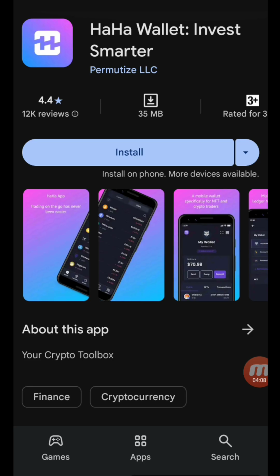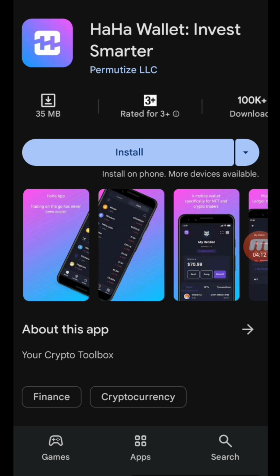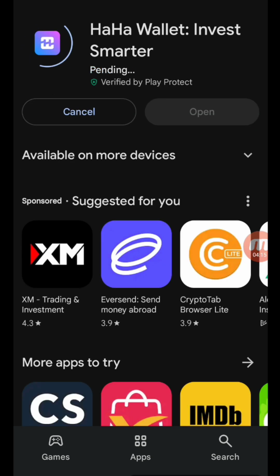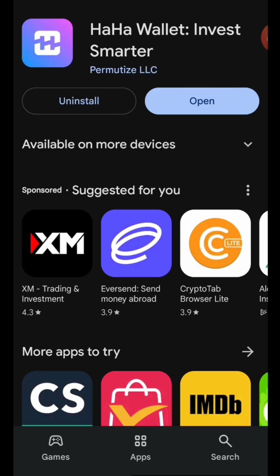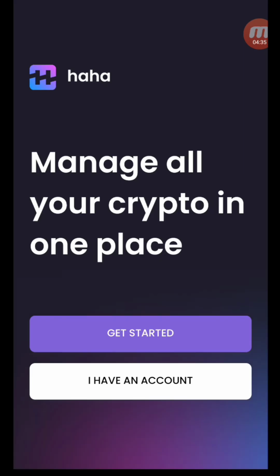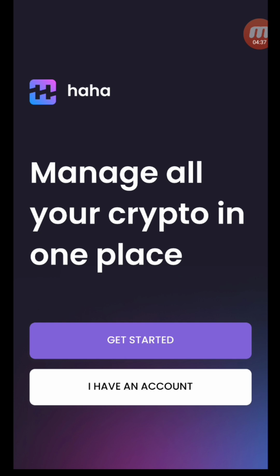Okay, so that's what we want to do now, because the testnet is starting on the 19th, and then you just click on install. You can see it has over 100,000 downloads already. So just click on install, you click on open, right, and the app will open, and you continue with the process. You can see it's still the same thing that is giving us here. So I can actually continue here now,